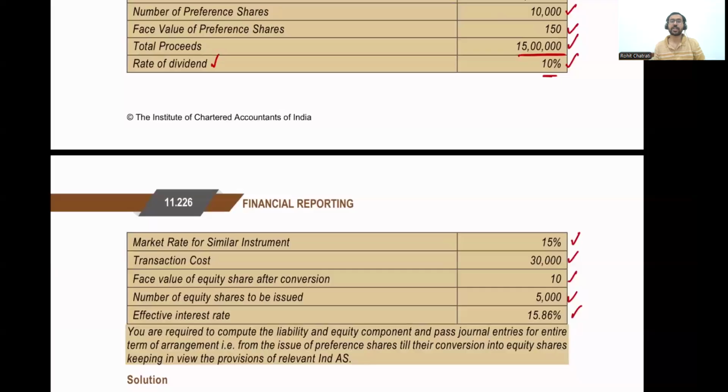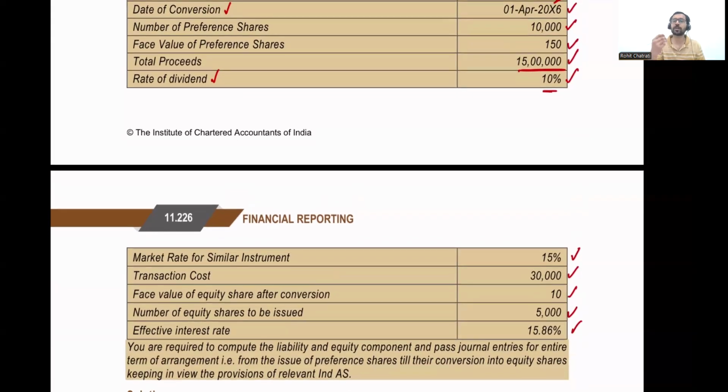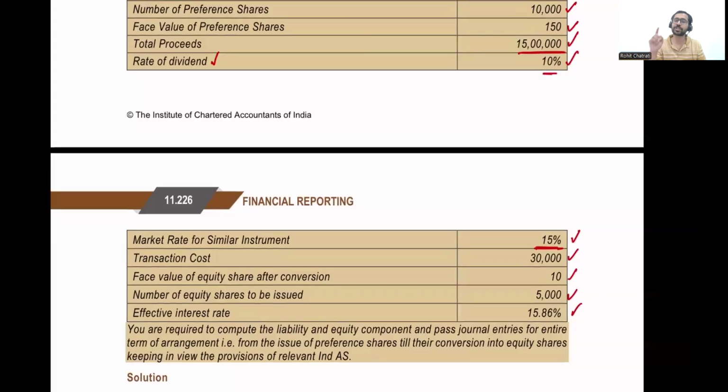This effective interest rate is going to be used for recognizing interest on the financial liability. All right, we are going to use this 15.86 percentage to recognize interest on the financial liability. You would have learned this as part of recognition of financial liabilities under amortized cost approach. All right, the discount rate that we will be using for discounting the future cash flows will actually be 15% only. All right, for discounting the future coupon payment or the future dividend payment into today's terms, I will be using the market rate as 15 percentage, but the recognition of interest will not happen at 15 percentage